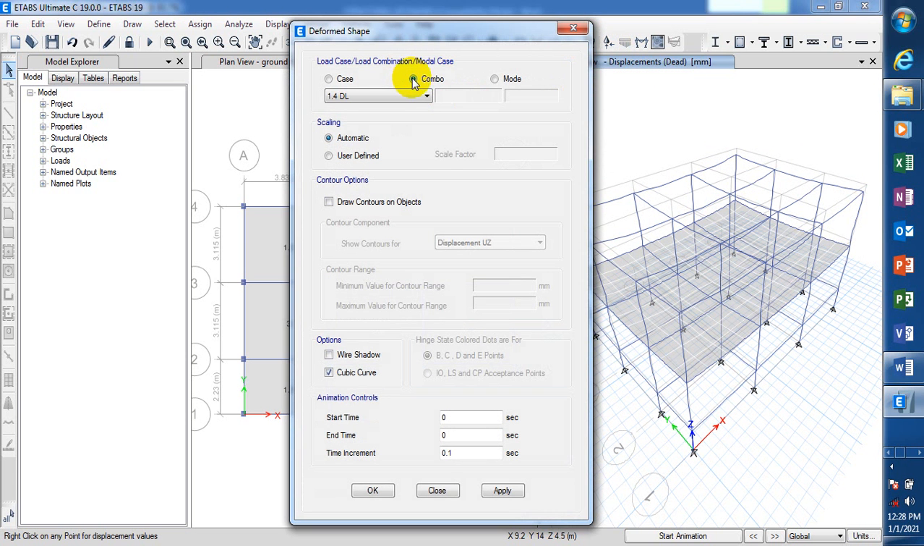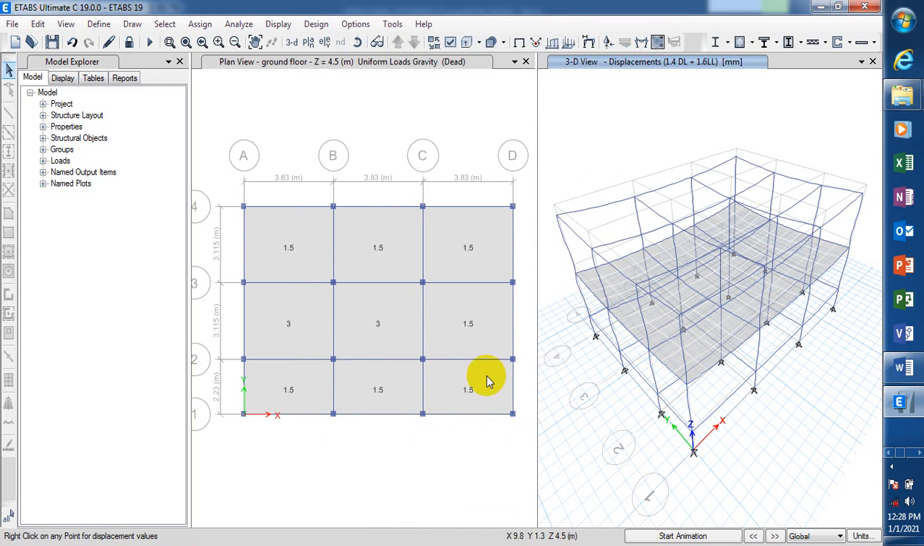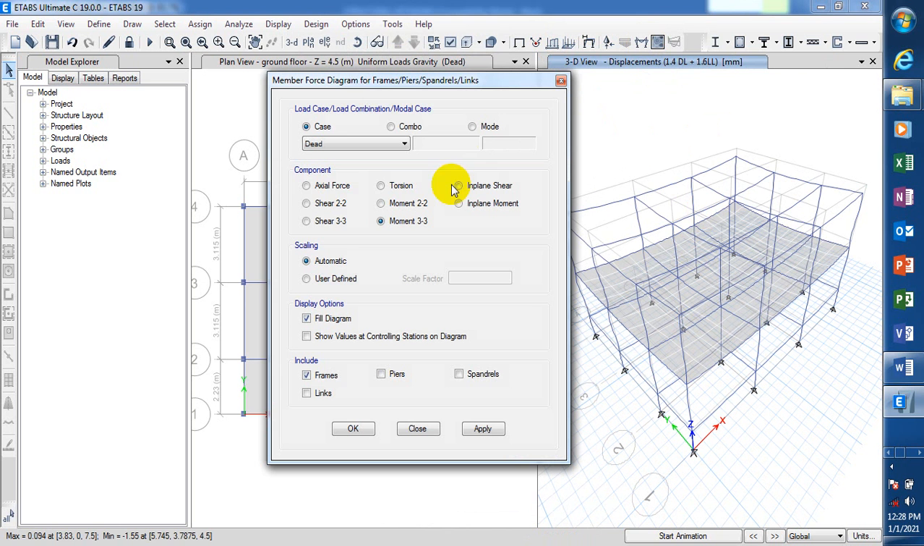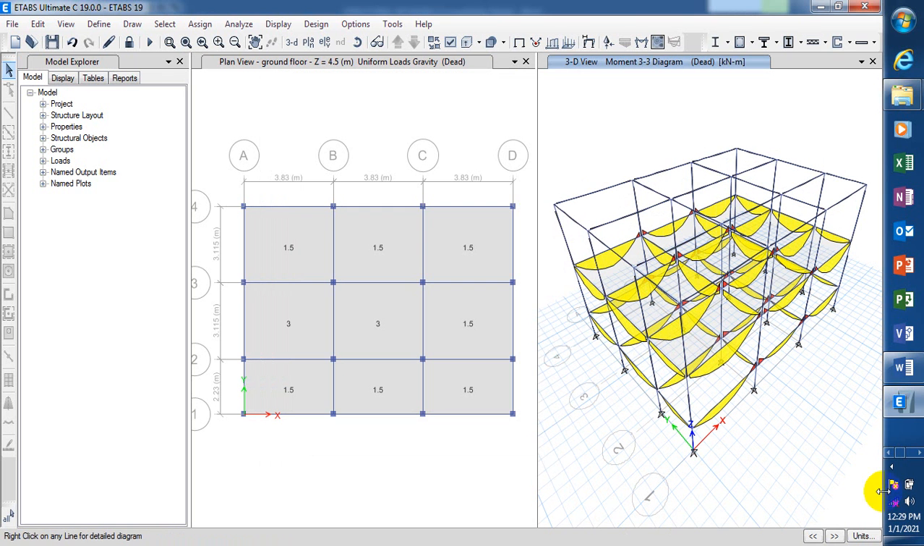You can see my combination here. Any of these combinations, if I click on OK or apply, it's going to show you how the building will behave as regards to the combination. So if I click on shear here and I click on apply, you can see the shear. If I click on moment and click on apply, you can see all of those values here. Make sure that you stay safe and make sure